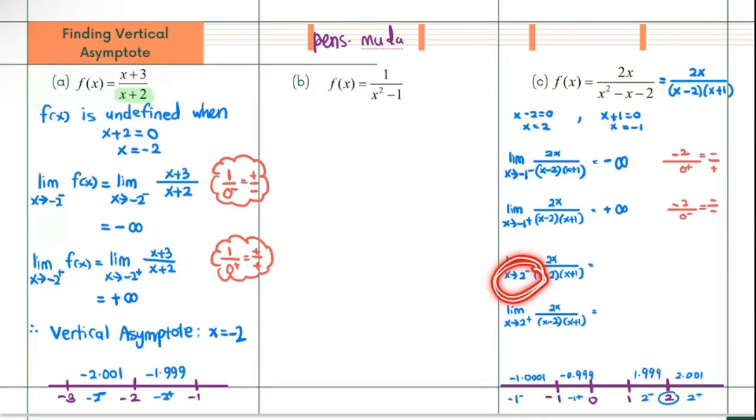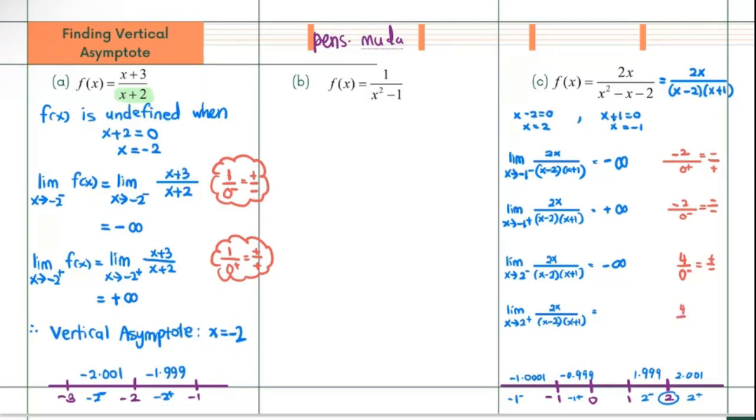2 from the left, okay, this time 2 bila gantikan dekat atas kita dapat apa? 2 darab 2 adalah 4. So saya dapat 4 bahagi kat bawah ini ataupun dekat sinilah kita gantikan 1.999. So once saya gantikan 1.999, saya dapat 0 yang negatif. So kat sini kamu ada positif bahagi negatif. So positif bahagi negatif dapat negatif infinity. Okay, dan last sekali